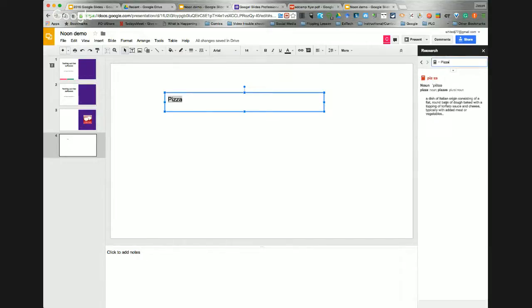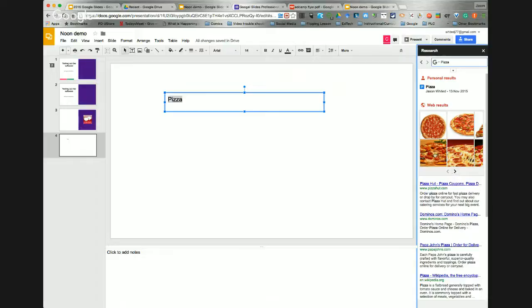It says a dish of Italian origin. It's a noun, the plural, that kind of stuff. I also can right click it and say I want to research pizza. And voila, now I've got all these great pictures and web results and stuff like this. Now this is nice. So if you're going to start writing a paper or you're going to start doing some research and stuff like this, a lot of teachers are having their students